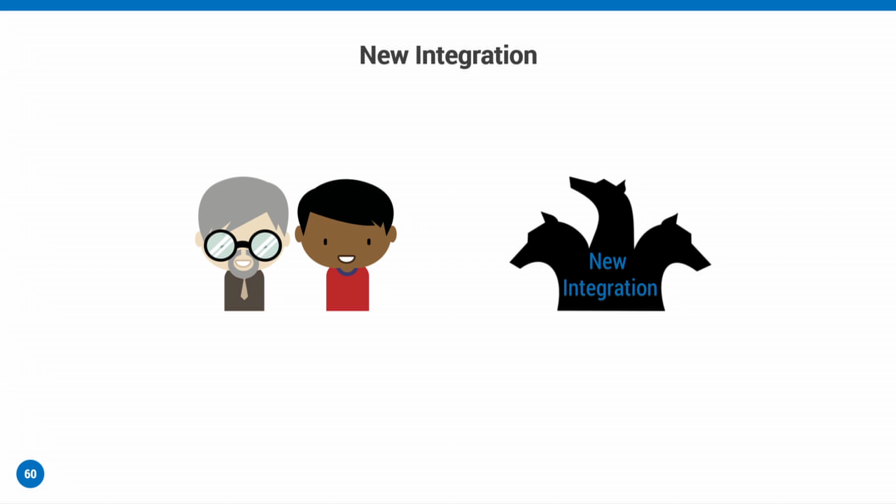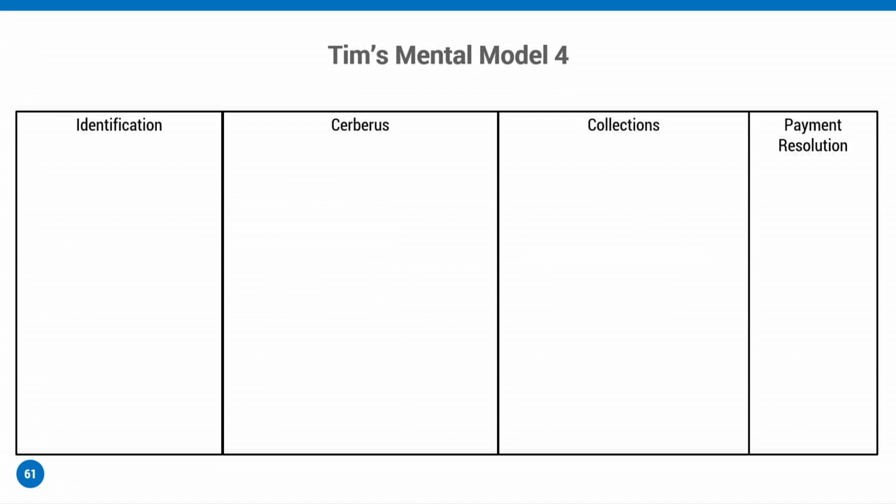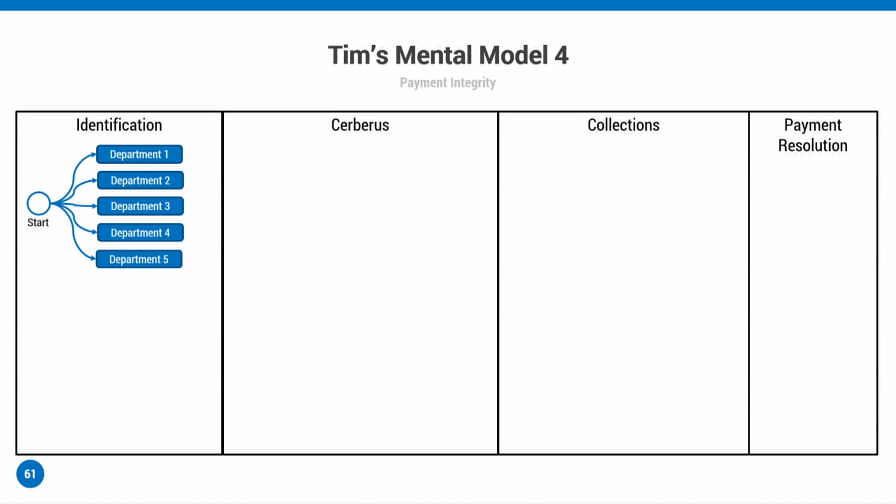And so Tim and the guru got assigned to a new integration in Cerberus. And they had a real hard time understanding how this new integration was adding any value, because it didn't fit into their mental model. And so they looked at the producers and the consumers on either end of people that were using Cerberus, and they came up with a completely different mental model as far as how